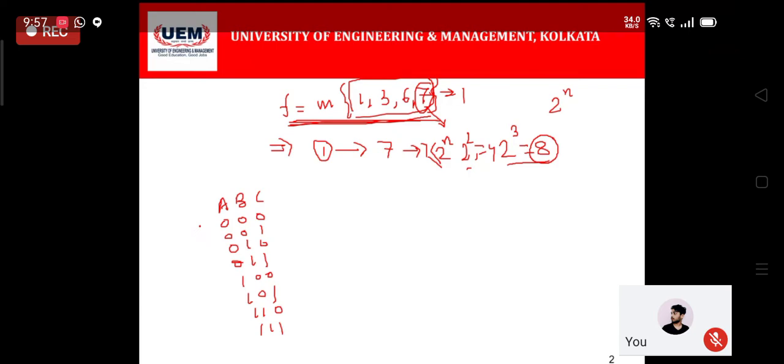Their decimal equivalents are 0, 1, 2, 3, 4, 5, 6 and 7. So you can see that 0 to 7 can be accommodated. All those individual minterms can be accommodated by a 3 variable equation. So this function is basically a 3 variable function that has been given to us.